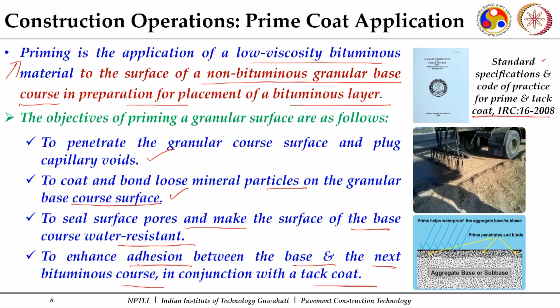So, once I apply the prime coat over this, the granular surface becomes a surface having a bituminous binder on top of it. Now, if after a gap of a period I want to come up with the construction, it is always preferred to immediately start with the construction, because otherwise other vehicles may come over the surface and damage your surface. So, in that case, if we want to go for a bituminous bound course over an existing course